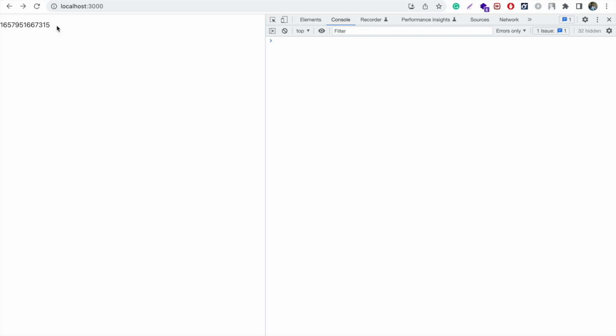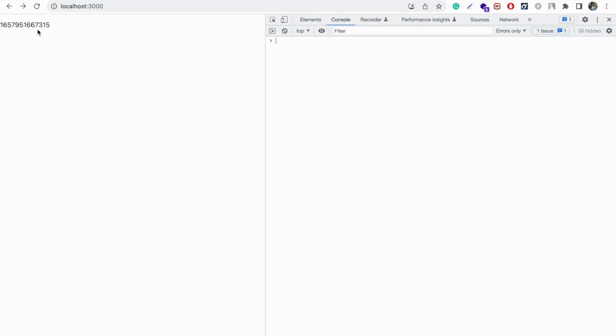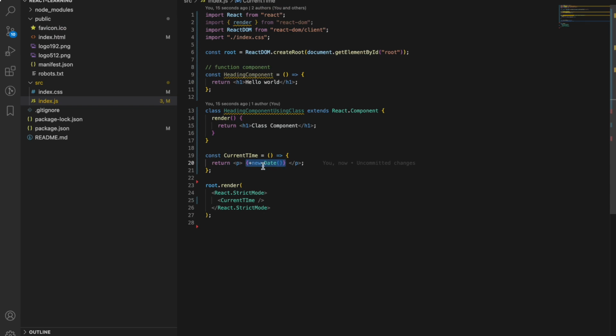But the thing is, currently, as this particular thing is not reactive and not changing every time, it is not updating. Even though it is changing in real life, this code doesn't keep on updating. It will just load once and then go, and whenever you come back, then it will load again. So it looks like that. Now how to overcome that, how to make it always blinking? In order to do that, we can use